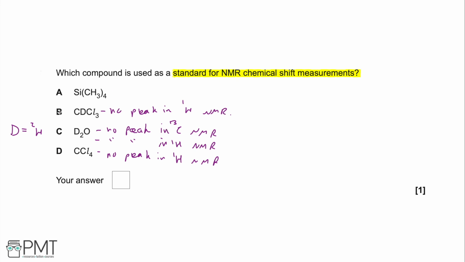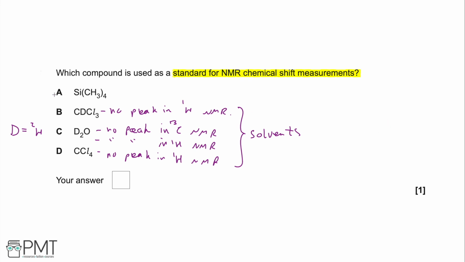And in reality, all three of these, B, C, and D, are actually good NMR solvents. It's very desirable for a solvent not to have a strong peak in your NMR spectrum. So it's actually good that these don't produce peaks most of the time because we use them as solvents. So the one that's left over is